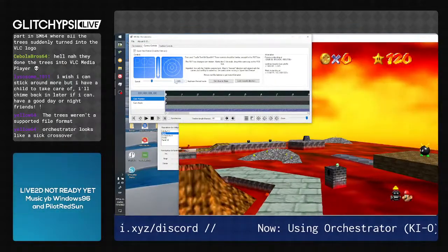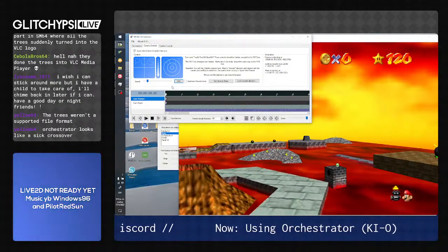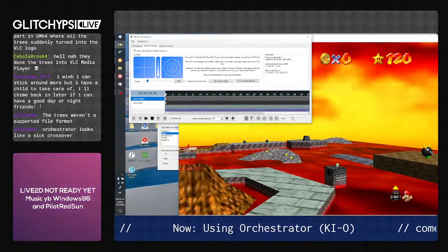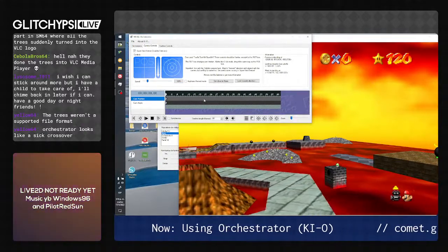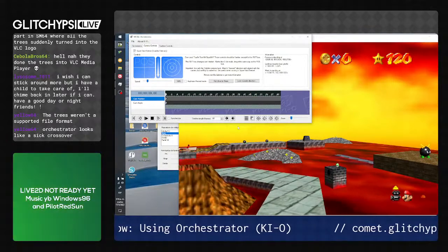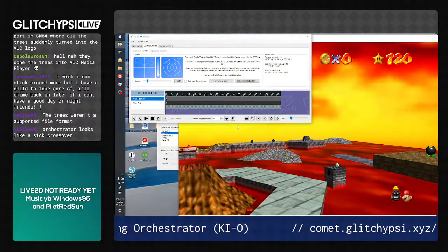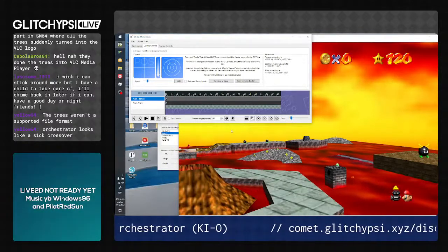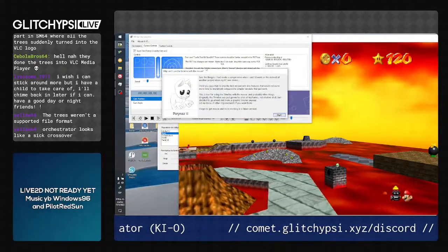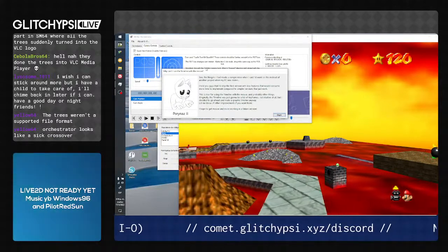Although the main thing with Orchestrator, and the reason for the name, is that obviously not just the free camera is what's in it. It also has this beautiful timeline, which is very resemblant of the Vegas Pro timeline. So if you have used that, you can imagine how it's useful. However, when I first made Orchestrator, you couldn't actually use the timeline with the mouse. I put this warning in here saying that you can actually use the timeline with the mouse because